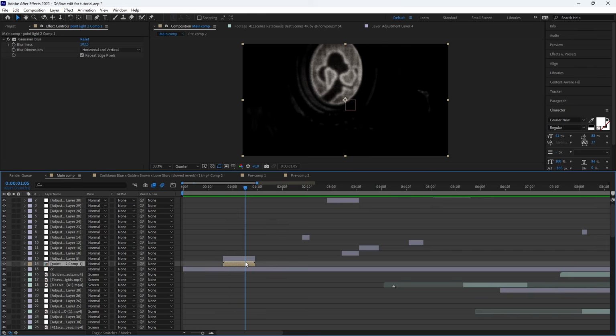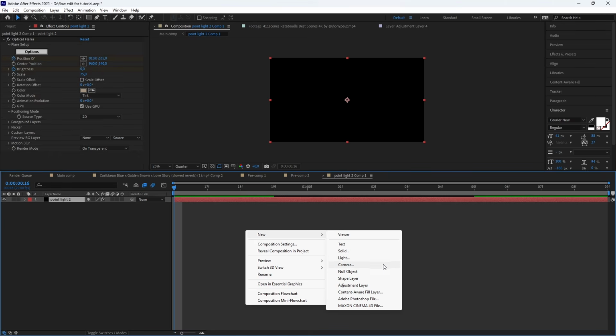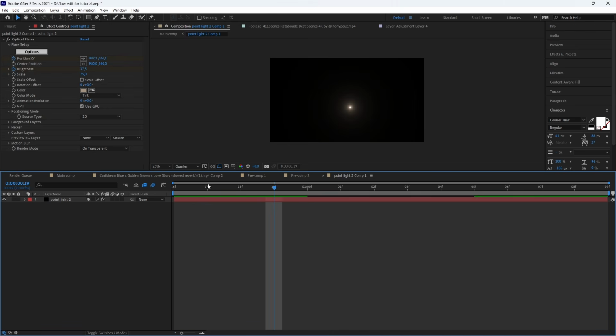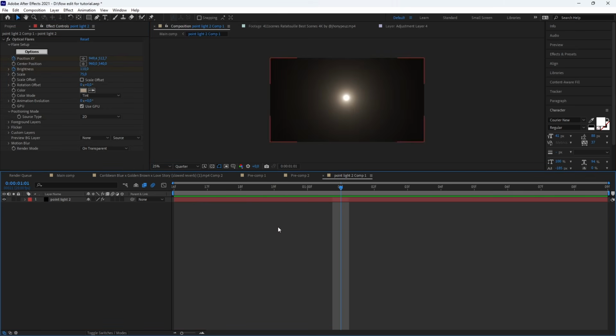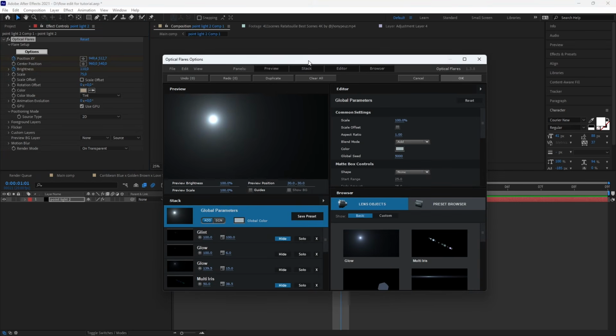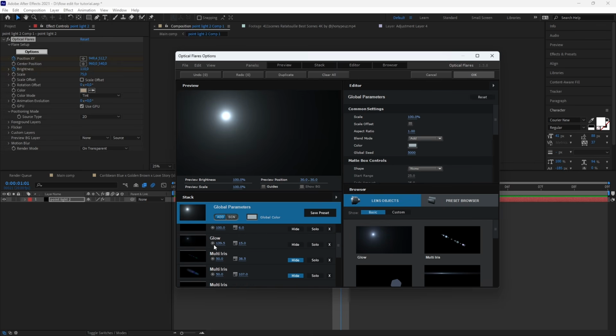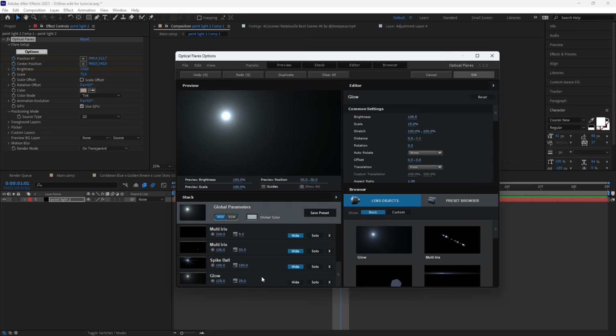For that, it's basically a solid to which I add the effect optical flare, so it looks like that at the end. For the settings that I used, I clicked on glow here, and then I hid everything except the glow, so you can see everything inside, but not glow 1, glow 2 and glow 3 here.